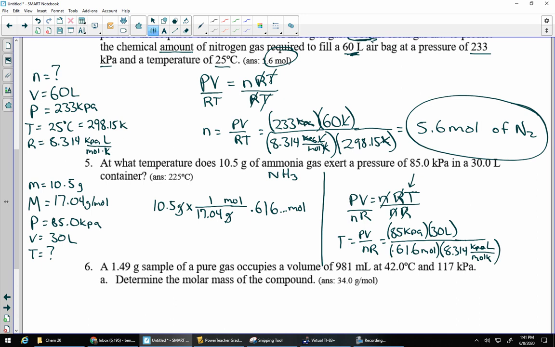And now let's check out what happens with these units. Liters cancels with liters, kPa cancels with kPa, moles cancel with moles. The only thing we have left is Kelvin, which is perfect for temperatures. So let's go ahead and plug this in. 85 times 30 divided by the answer, so 0.616 and so on, and divided by 8.314. So I end up with